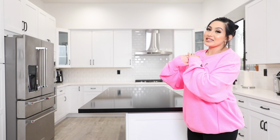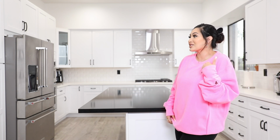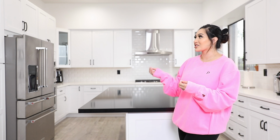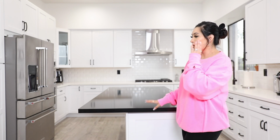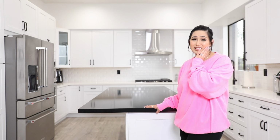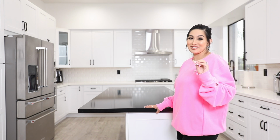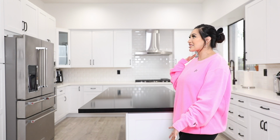If you guys are gonna ask me the style of the kitchen, I have absolutely no idea. I don't know anything about home decor or remodeling, so I'm gonna try to give you guys my best tour that I can, but honestly I don't know a lot of it. All I know is that it has a touch of a modern kitchen, so you guys will see that. But other than that, I feel like it's between a farmhouse and contemporary. Honestly I shouldn't even be talking about home decor, because people that do know about it are probably cringing at what I'm saying. But yeah,